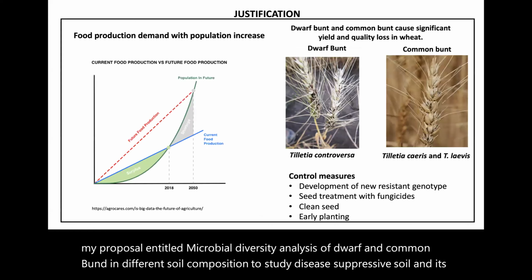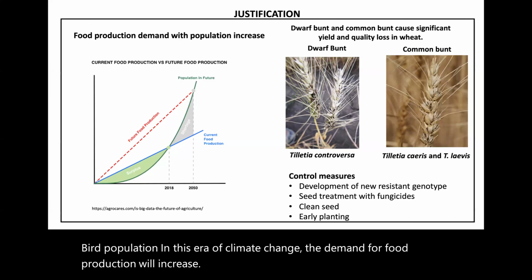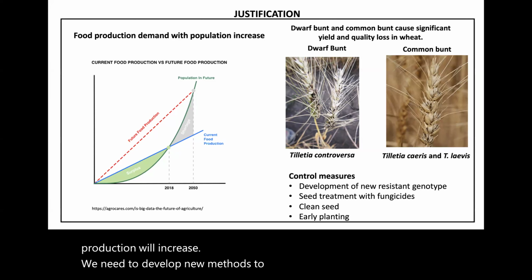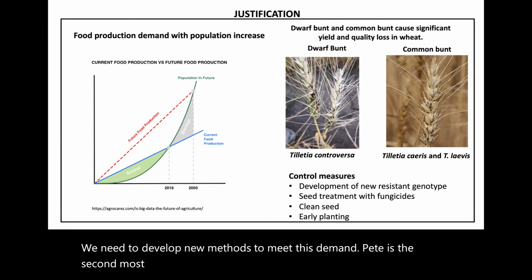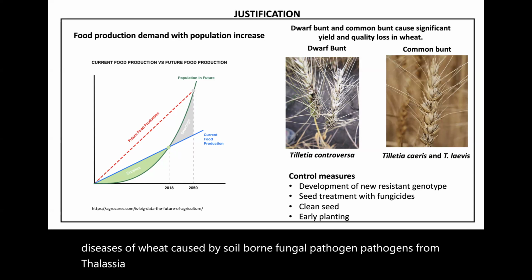With increasing world population in this era of climate change, the demand for food production will increase. We need to develop new methods to meet this demand. Wheat is the second most grown crop worldwide. Dwarf and common bunts are diseases of wheat caused by soil-borne fungal pathogens from the Tilletia genus and cause significant